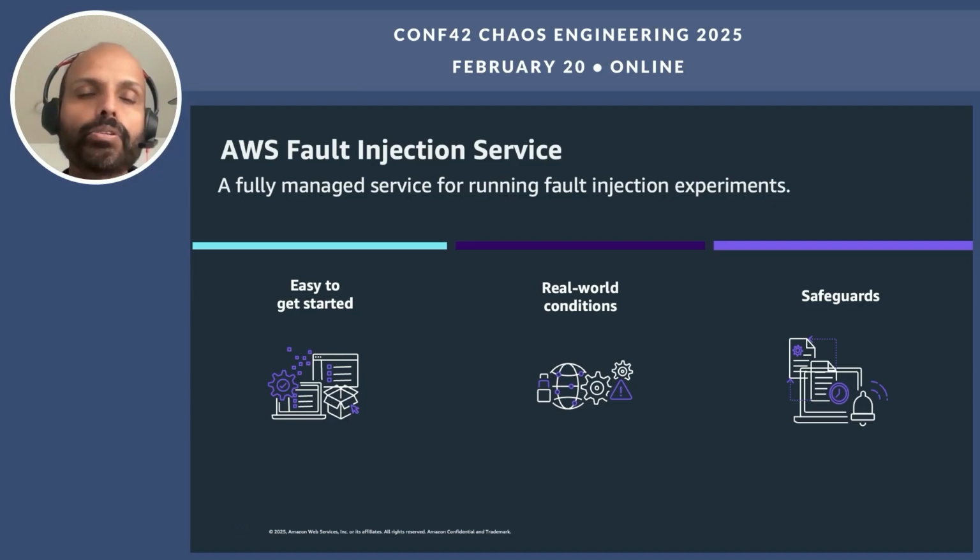It allows you to test real-world conditions, from as simple as stopping or termination of an EC2 instance to as complex as a power interruption in an availability zone. FIS also fully embraces the concept of safeguards that allow you to limit the blast radius of your chaos engineering experiments. So you could specify an alarm, and if that were to go off, FIS will stop the experiment and the fault actions it is performing, and then try to roll back those actions.